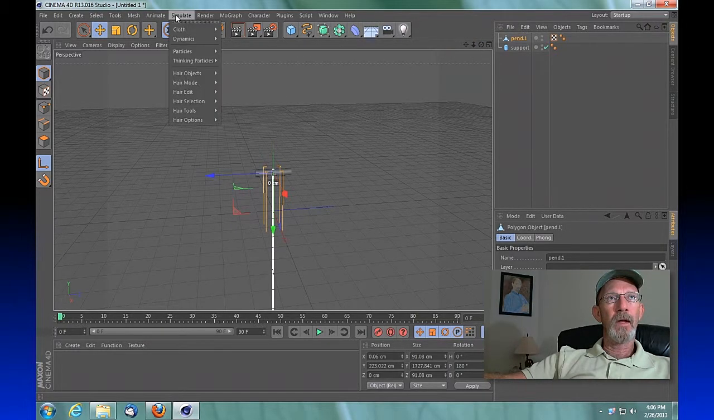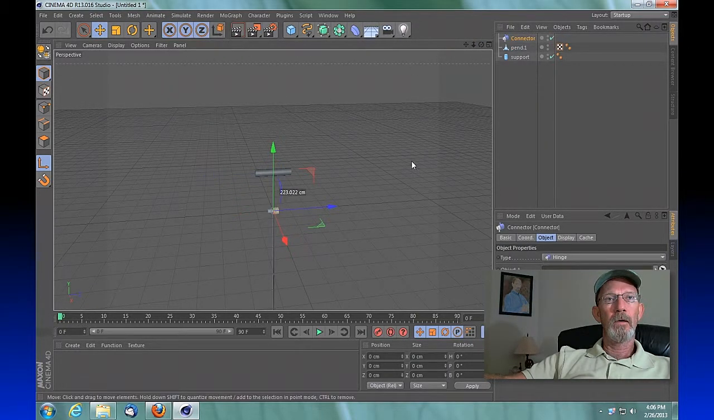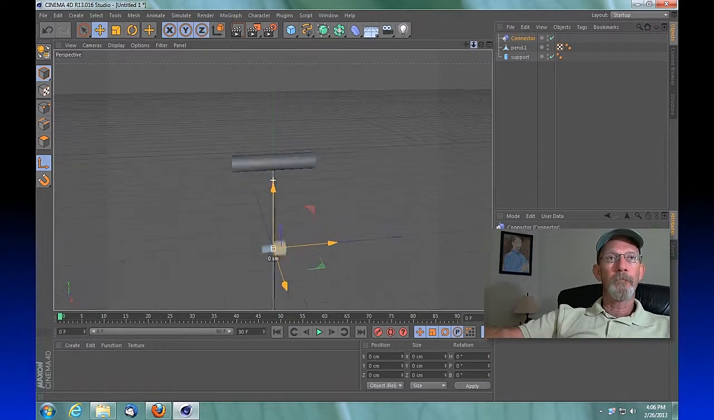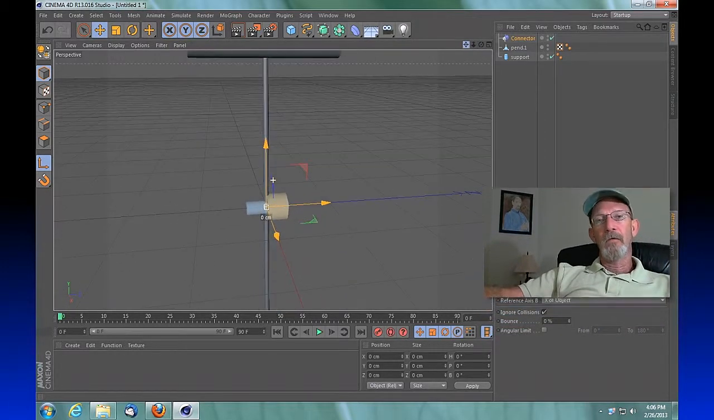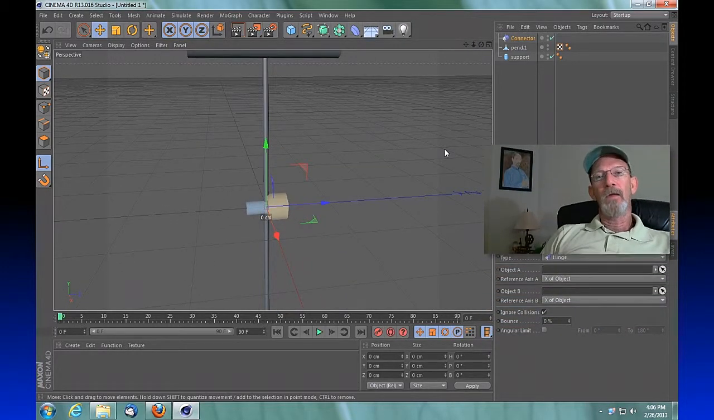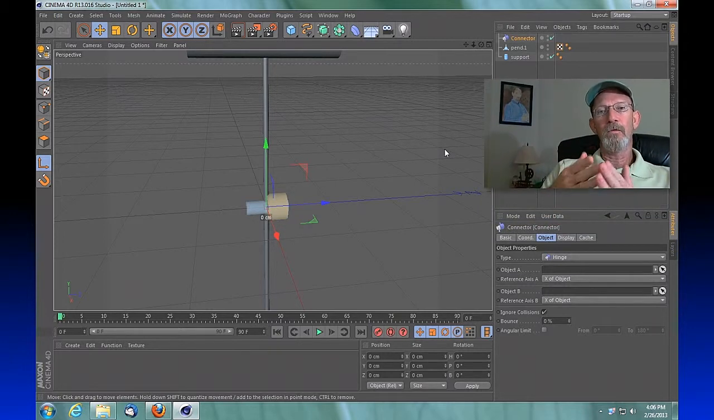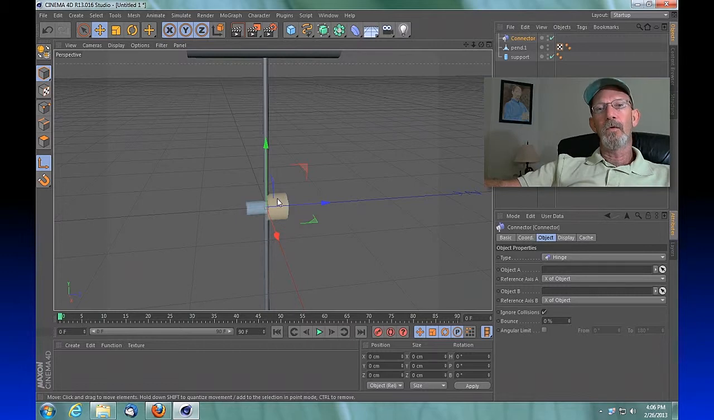So under Simulate Dynamics Connector, we'll insert a connector into our scene. Let's think of our connector in this way. Let's think of a door and a door frame. We've got the door frame, which is stable, and we've got the door, which is movable. Think of this large piece of the connector as what's going to be connected to the door frame, the piece that doesn't move. Think of the small piece as a piece connected to the door, the piece that's going to